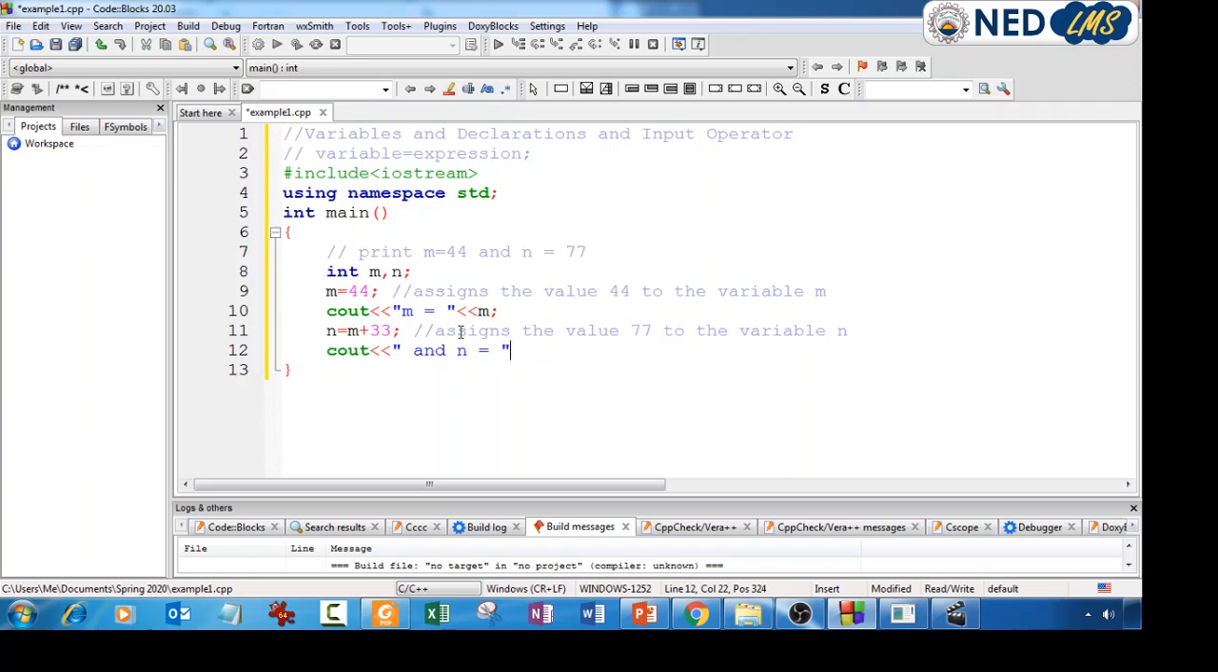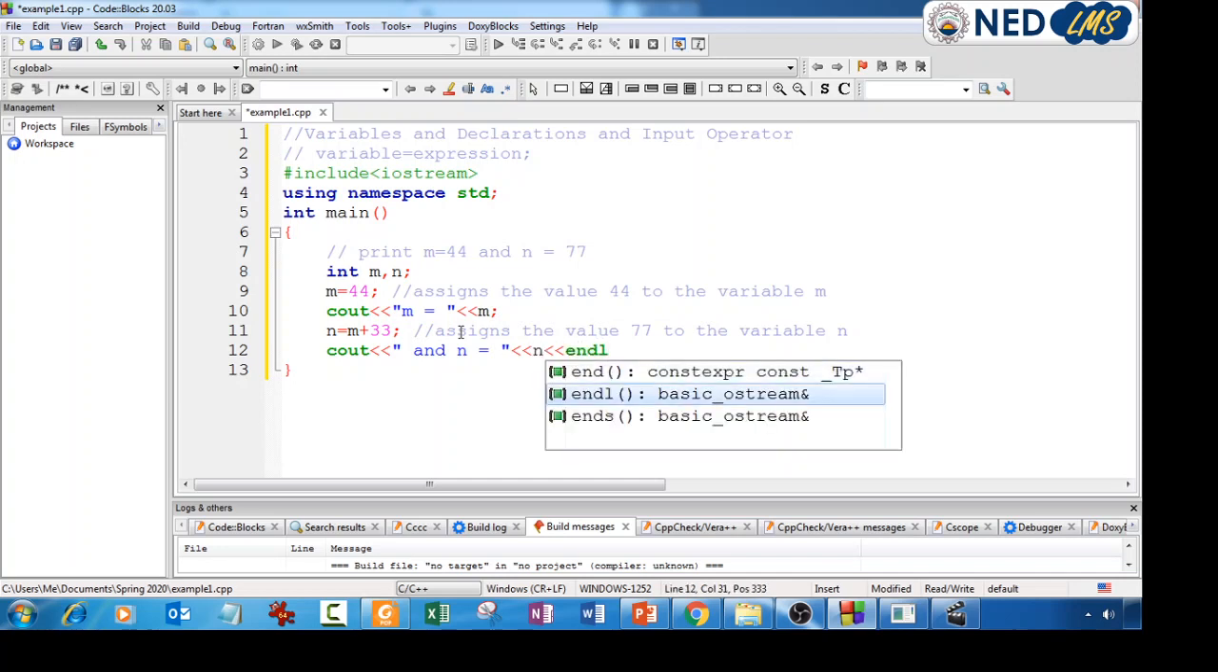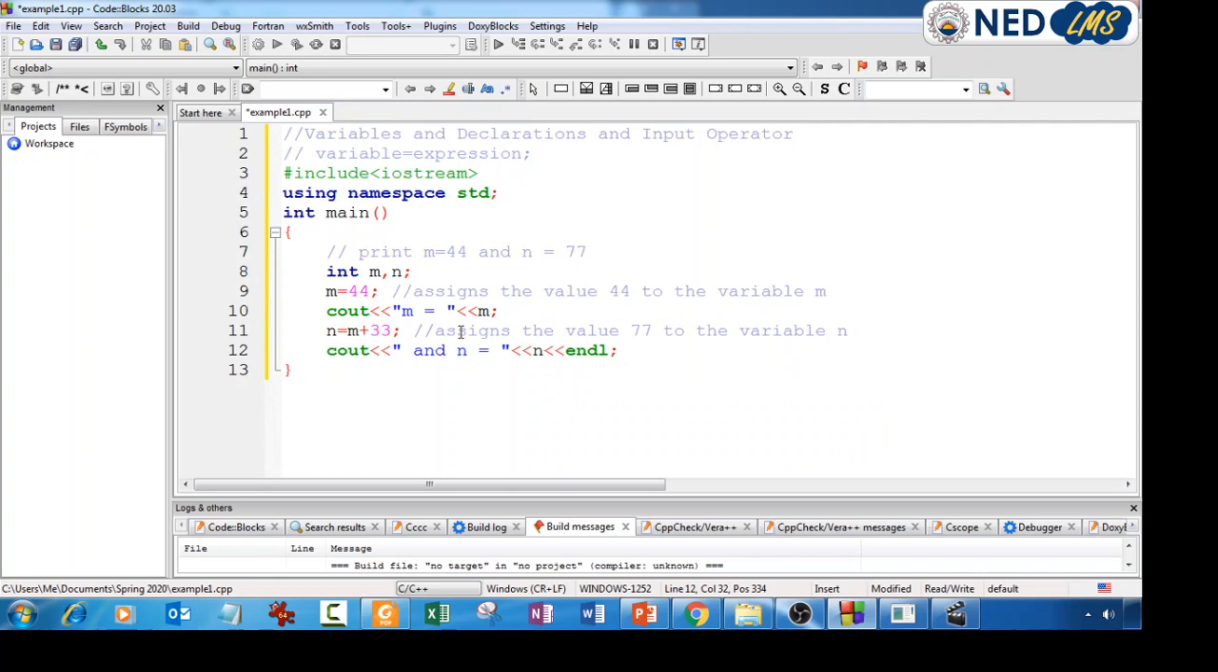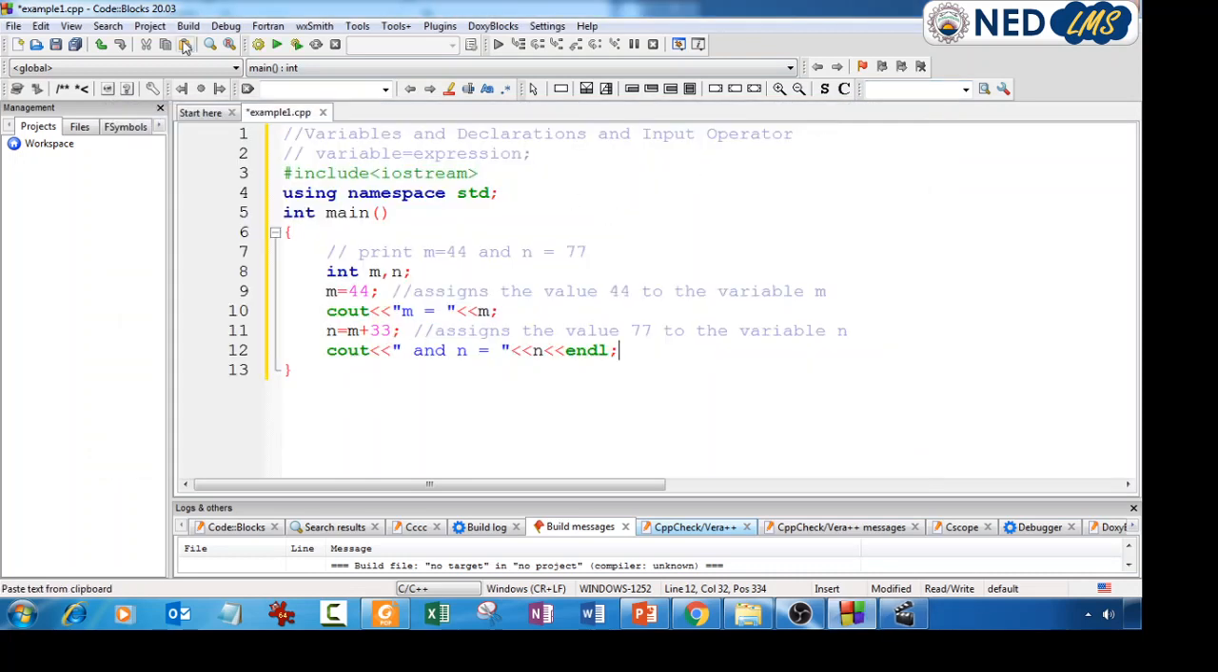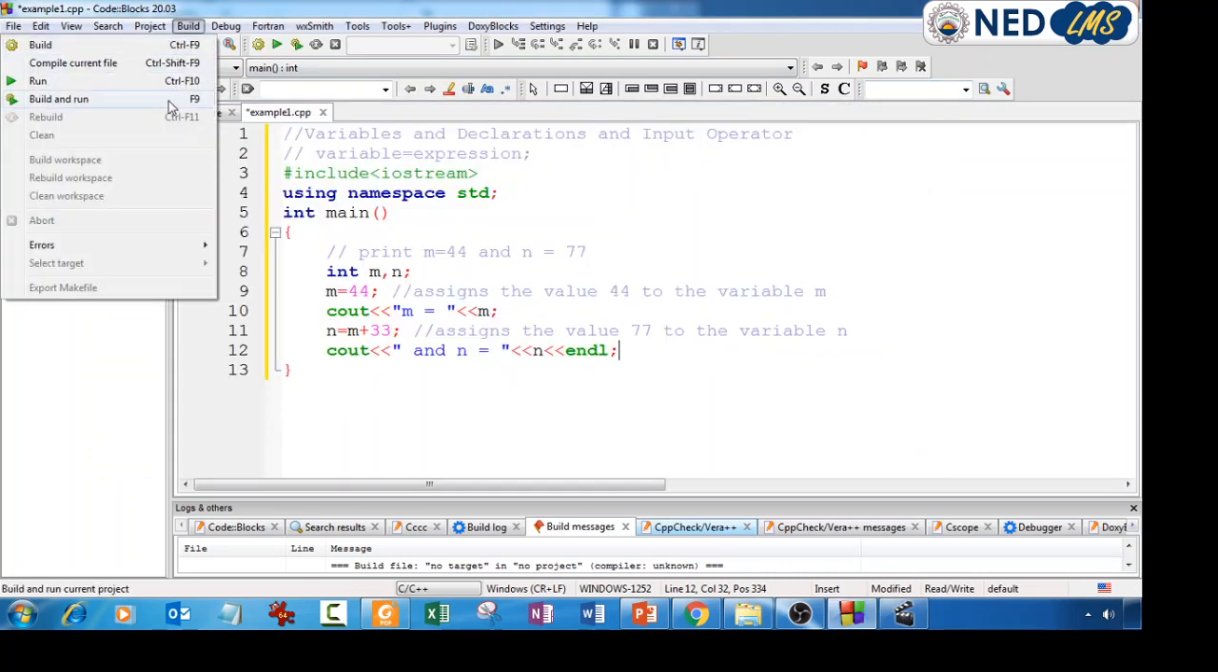And then I put another output operator and the variable name over here, and then I write endl to flush the buffer and have a new line. So if I run this program, I think the window has been open for a moment, so I need to close it. I mean, this is from lecture 1. So if I select build and run,